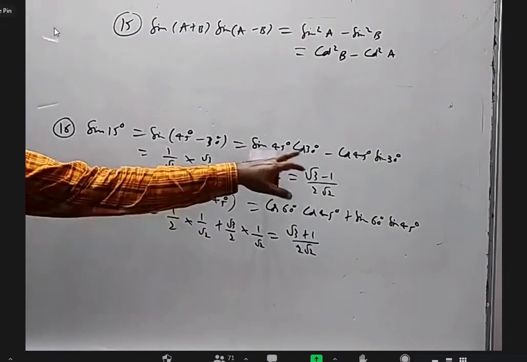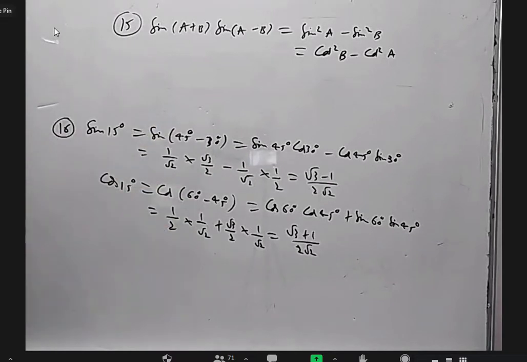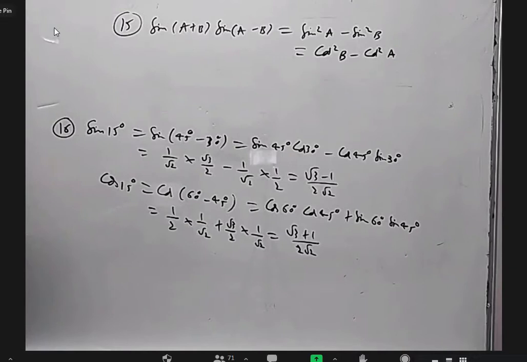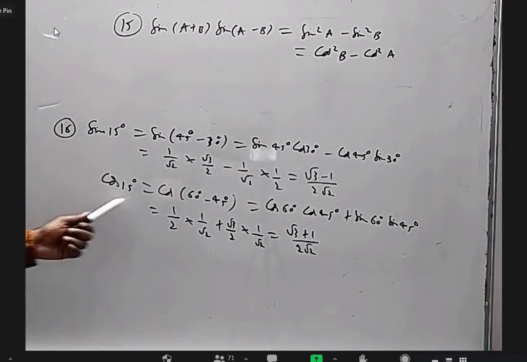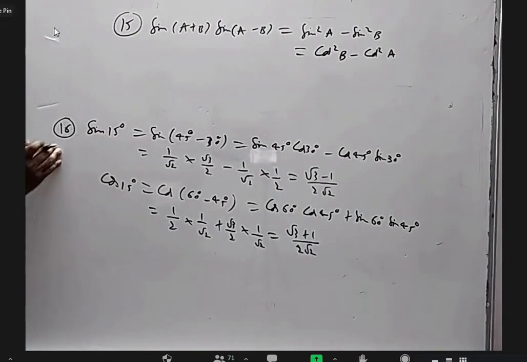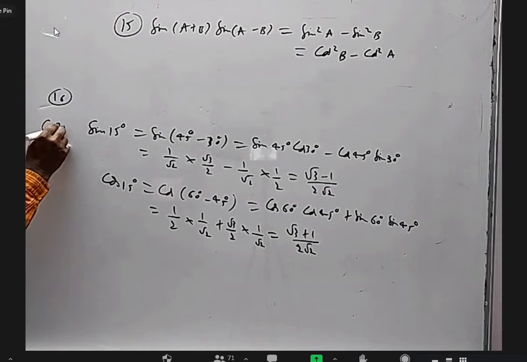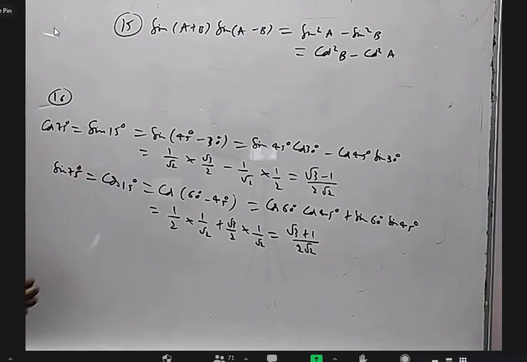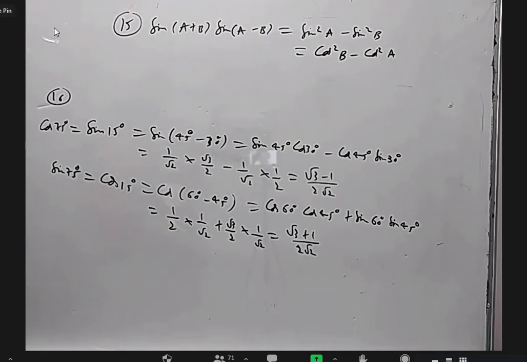Okay, we know all the values. So by using compound angles plus the previous known values like 30, 45, 60, we are able to get sin 15. And that is the same as cos 75 also. So sin 15 and cos 75 are the same. Cos 15 and sin 75 are the same here. So this is cos 75 degrees. This is sin 75 degrees. All the complementary angles we can write as equal.